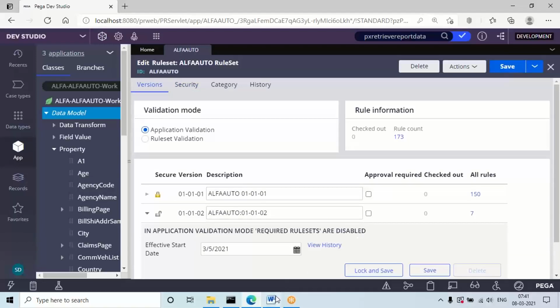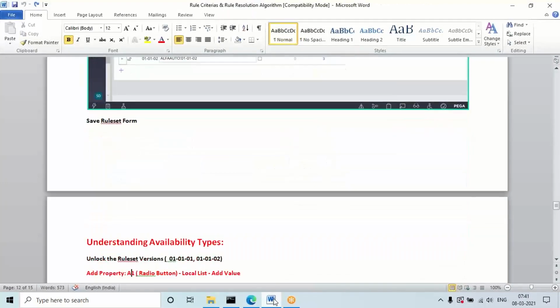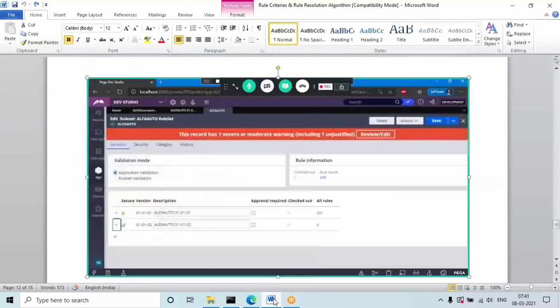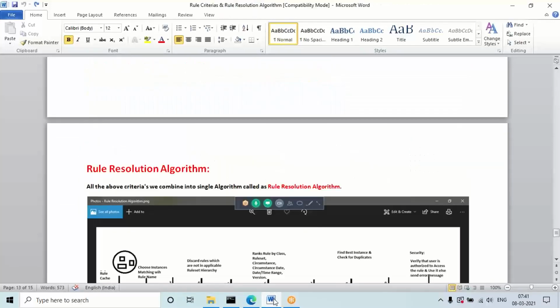Now all these criteria combined are called the rule resolution algorithm. What are the criteria I discussed right now? Combining all these criteria, there is one algorithm in the application in the backend. We cannot see that algorithm, but you must know the points. There are some 10 points in that algorithm.